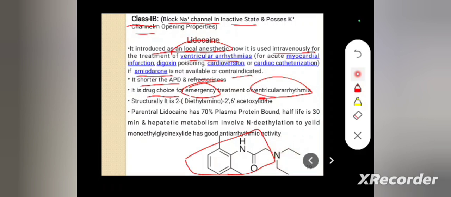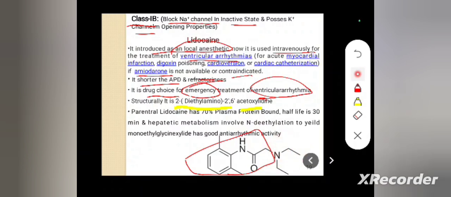So we can write the IUPAC name for lidocaine, that is 2-diethylamino-2,6-acetoxylidide. Structurally important functional groups show the pharmacological action. It must contain the aromatic ring, and this aromatic ring enhances the lipid solubility. Then the amide linkage provides stability to enzymatic degradation as compared to the ester,